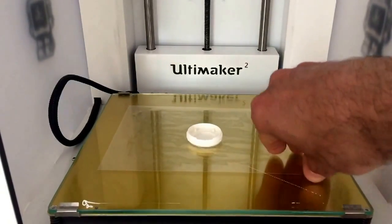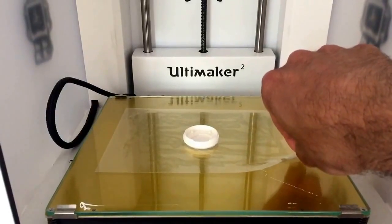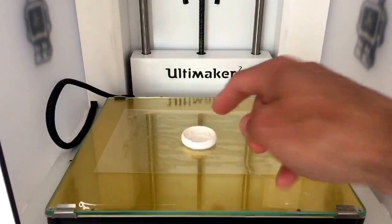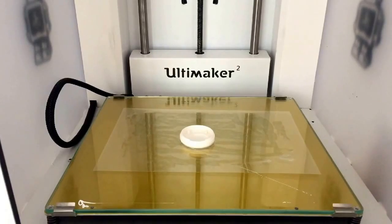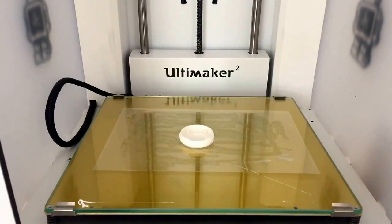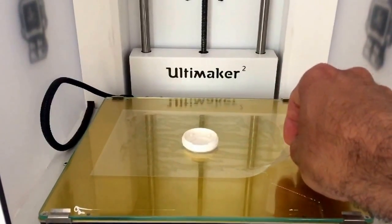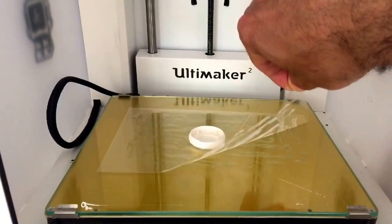And now that I have this acetate on top of it, the part is really well printed, except some very fine holes which I will have to refine. I think it has to do with the cooling fan speed or something like that. I will figure that out later. But the part is printed, and let's remove it really quickly. So this one will come off because it's sitting on the stick glue,